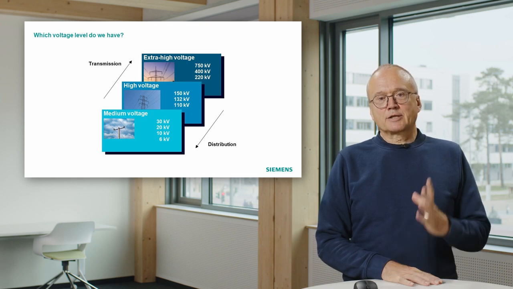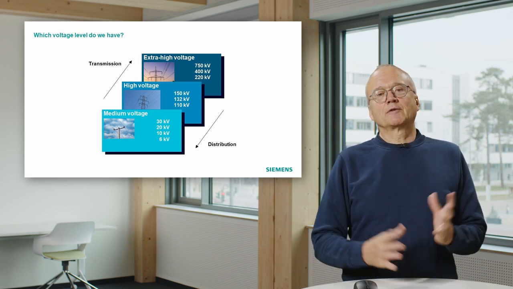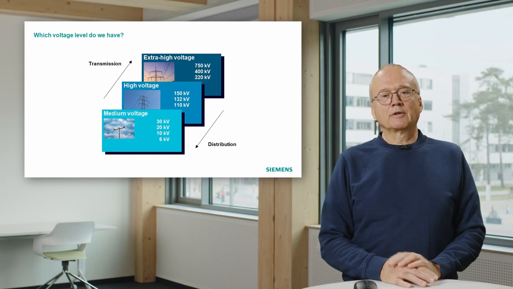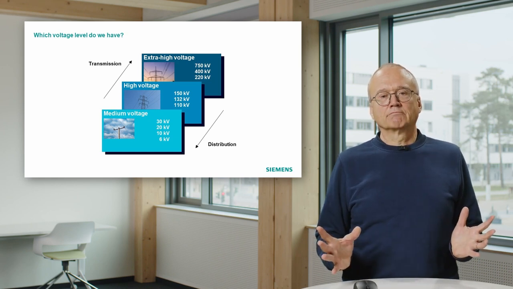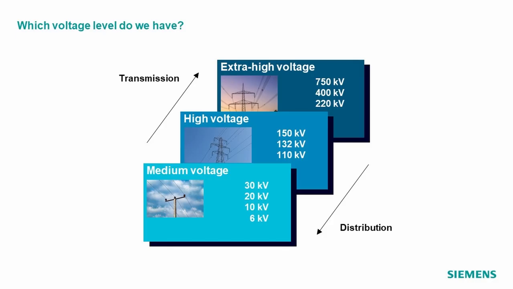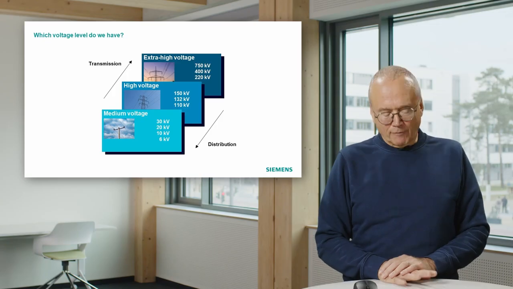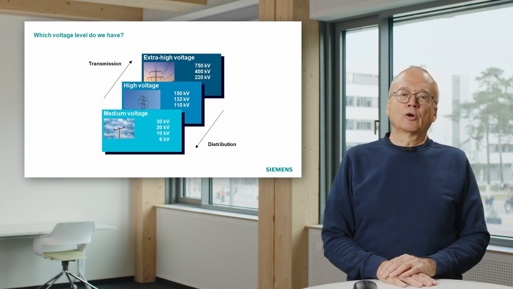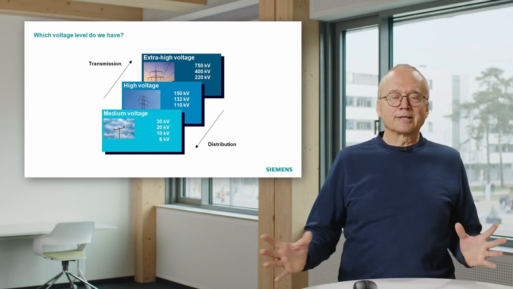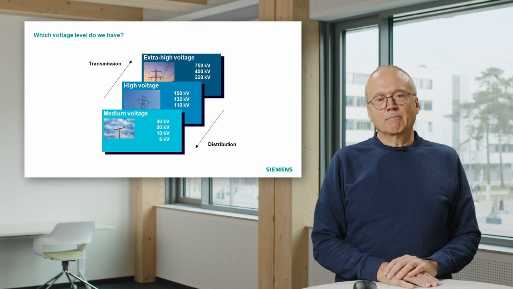This starts from the extra high voltage level, from the transmission network level, and it depends on the country, on the area of the world where we are, which voltage level we find there. It can be something between 220, 400 kilovolt, 750 kilovolt, or trials are already done with even higher voltages. The voltage level which is used depends on the size of the country, the distances, and the amount of energy